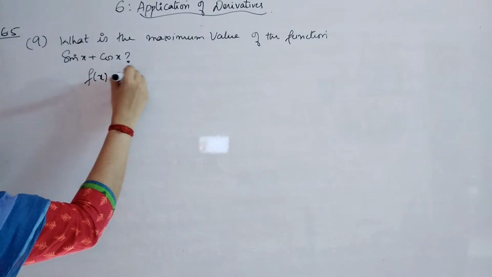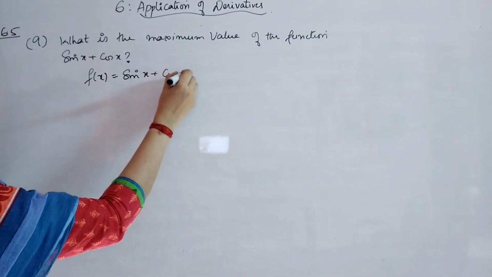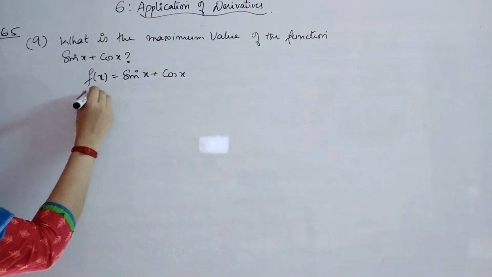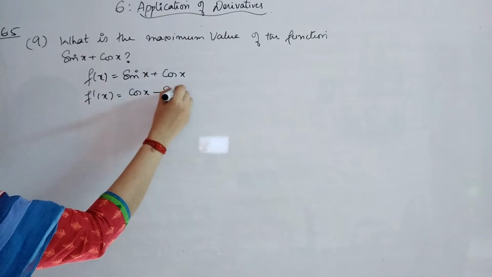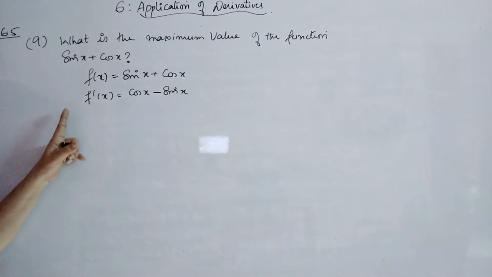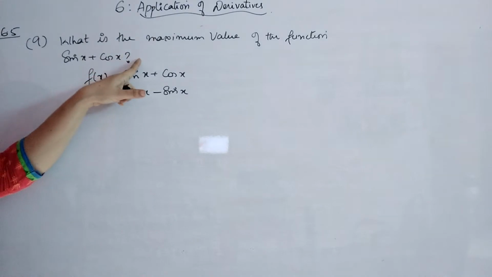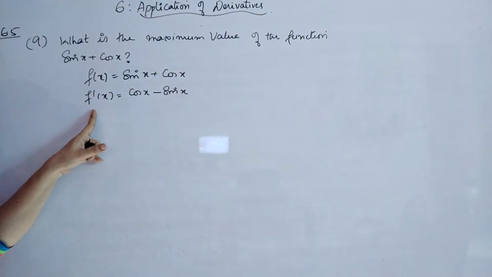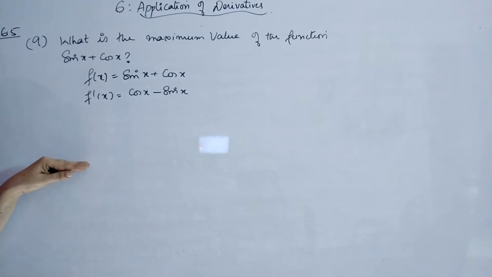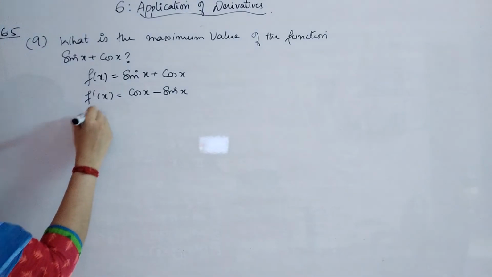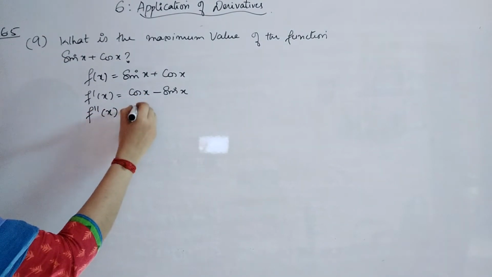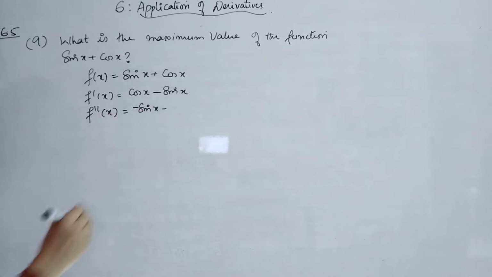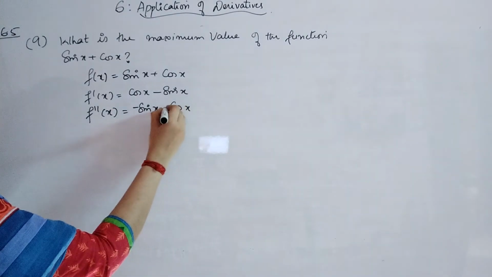Take the function as sin x plus cos x. Now what is f dash of x? Derivative of sine is cos, derivative of cos is minus sine. Now again, since the interval is not given, you have to use the second derivative test. Either you can find the second derivative here itself, or after finding the critical point you can do the process. What will be f double dash of x? F double dash of x will give you derivative of cos, minus sine, and derivative of sine, cos. So it is minus sine minus cos, right?